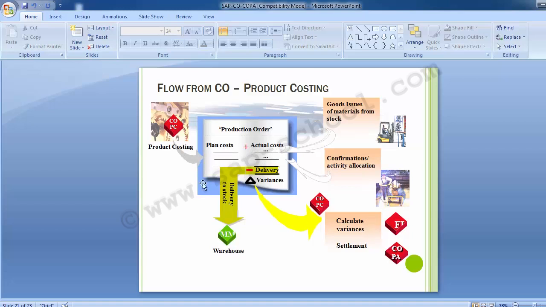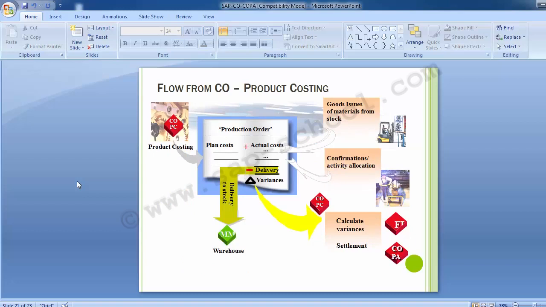At the end of the period, this can be done with the help of the period-end activities, and the variance gets settled in the profitability analysis as a profit or a loss. So this is how the transaction flows from different modules to the profitability analysis part